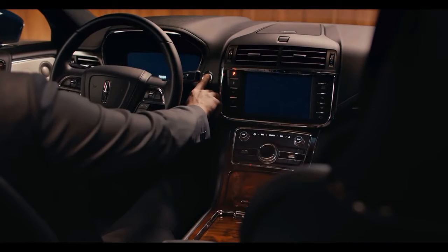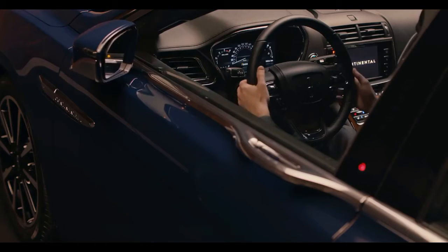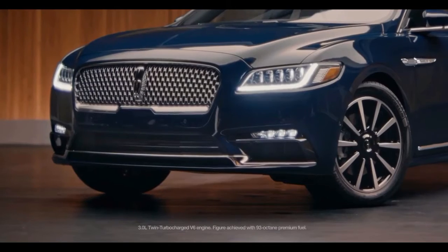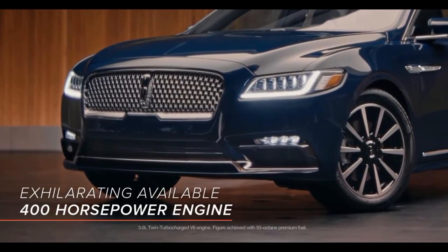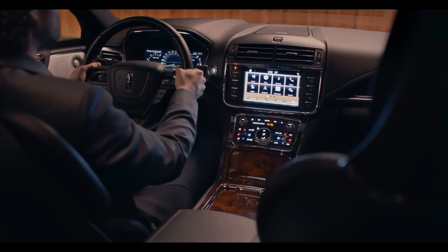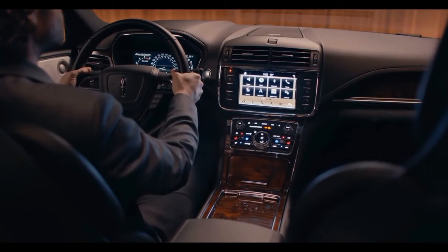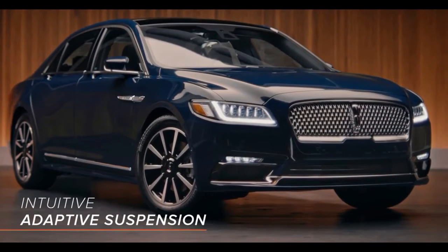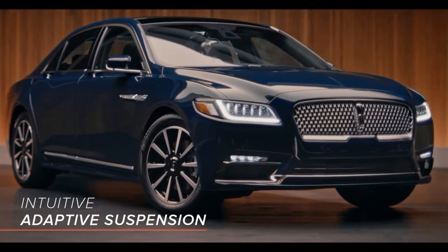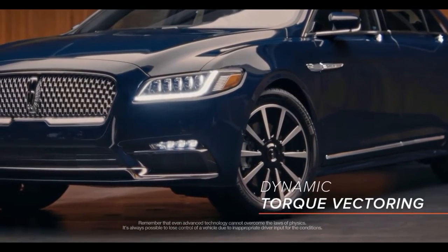The Continental experience continues with a smooth and powerful drive. Behind the wheel, Continental exhilarates with its responsive, available 400 horsepower engine. Continental gives you a suite of technologies designed to ensure a fluid ride and a greater connection with the road, like drive modes to tune the suspension to the conditions and your mood, and dynamic torque vectoring for greater stability